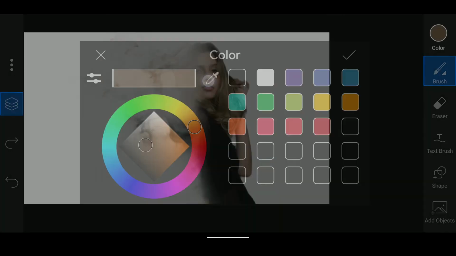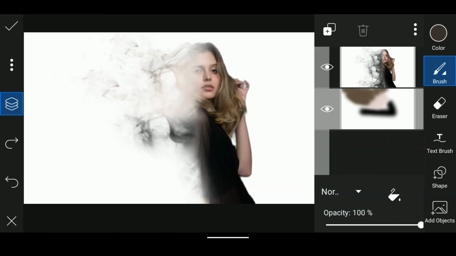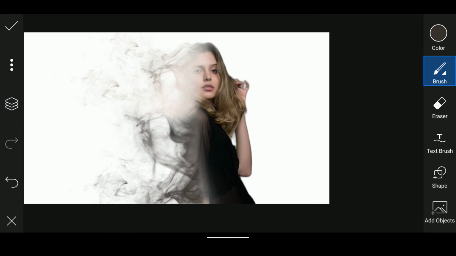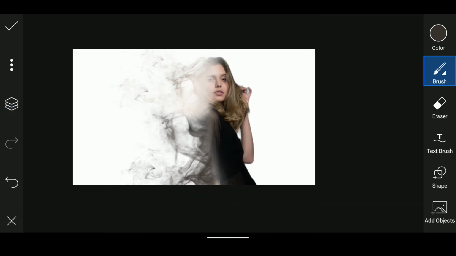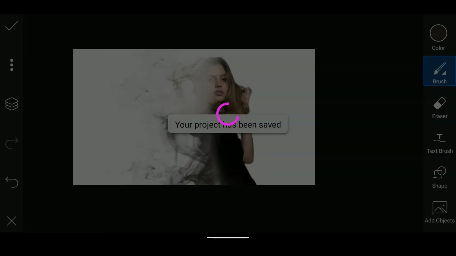Now click the color picker and select the brown color from her dress and just paint like this. And don't miss any spots. After this, click check. Just click discard.